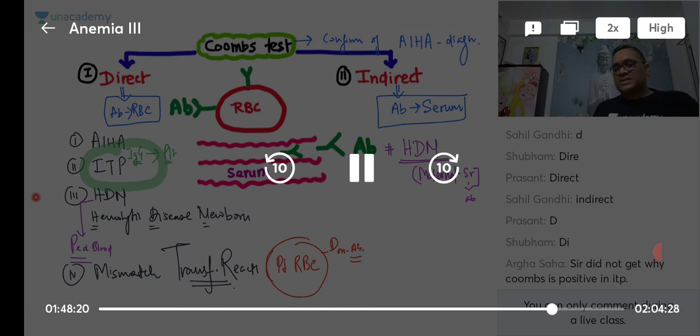Try to understand: in direct Coombs test we are not checking the platelet only. Please do not restrict yourself to the idea that we are taking out the platelet. The same antibody causing the immune disorder will be present on the RBC surface also. That is how we identify that IgG is active against the platelet. Clear?